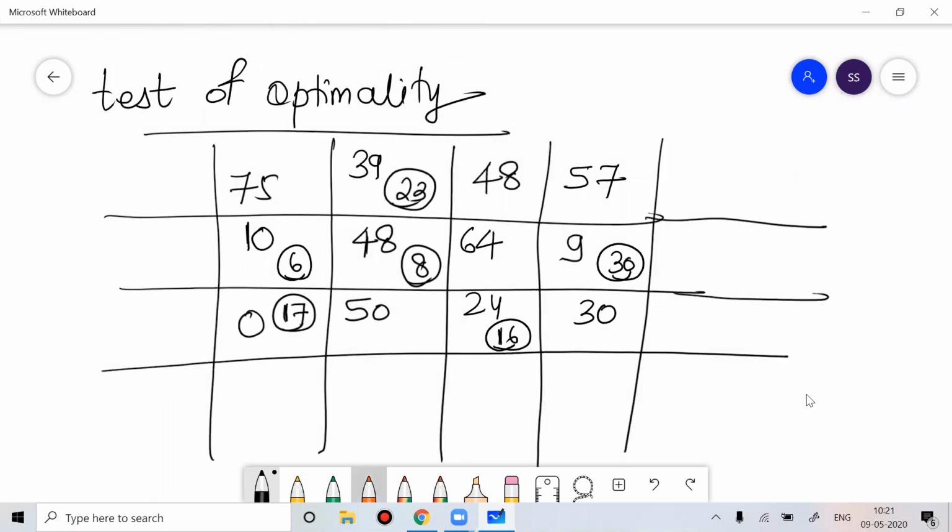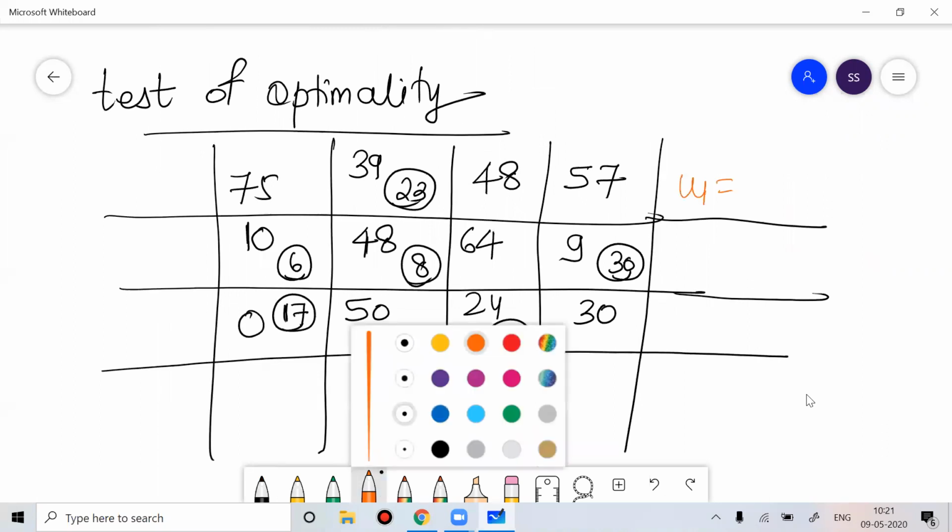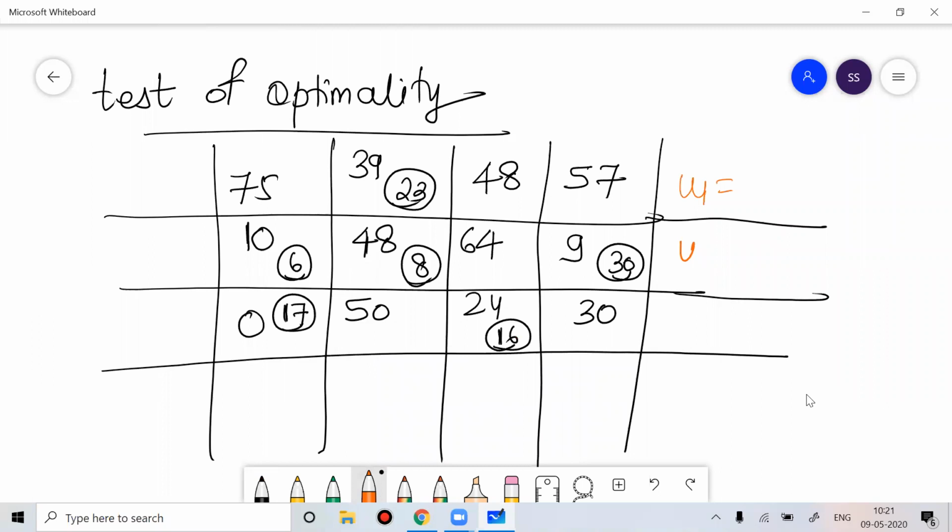So quickly we'll do this. This is U1, U2, U3. Then V1, V2, V3, V4. So I put U1 equal to 0. If you put U1 equal to 0, then V1 is equal to 10, V2 equal to 48, V4 equal to